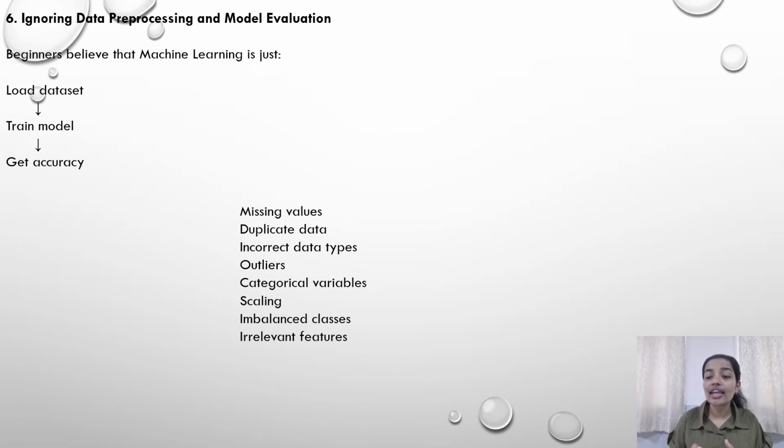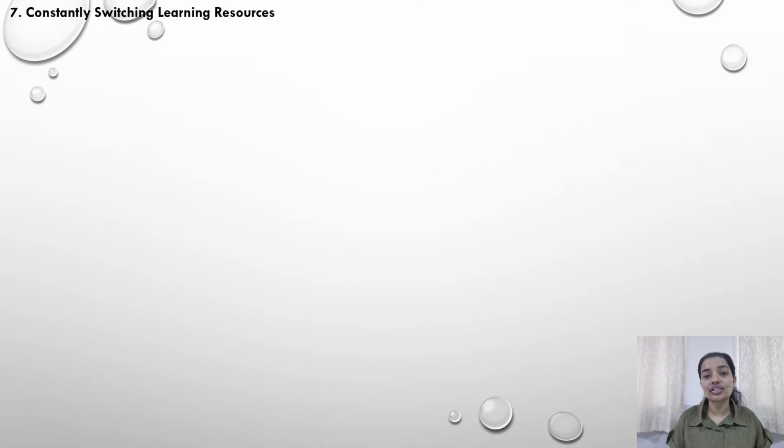That is again a very important thing, and most people directly try to split the data set into testing and train. No, before that, we need to clean the data, we need to perform data preprocessing. This is something that I feel people forget. And the seventh mistake is